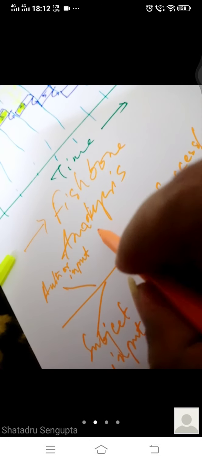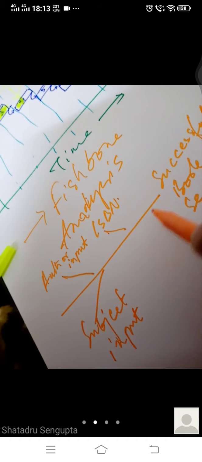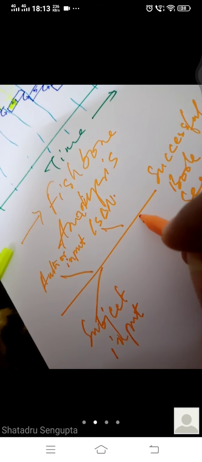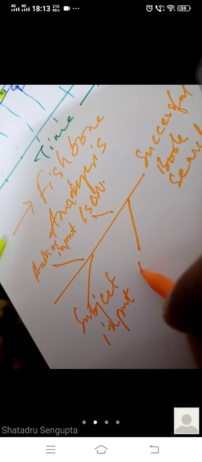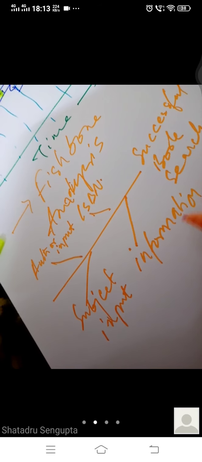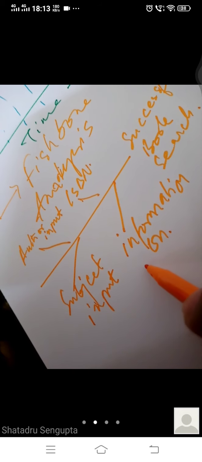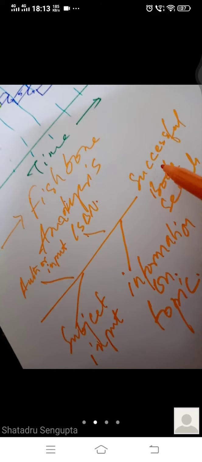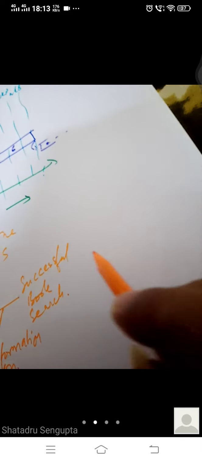You have to have ISBN, and you might also have information on, let's say, topic. Then you can have a successful book. Let's say the fishbone analysis, things that are needed. For example, then here also we can have